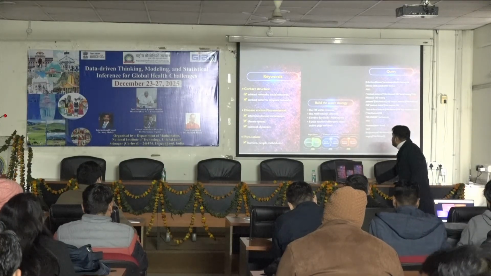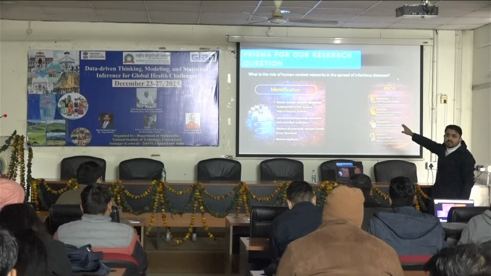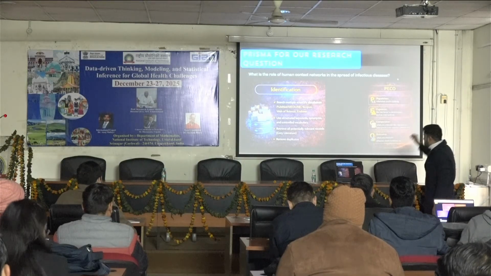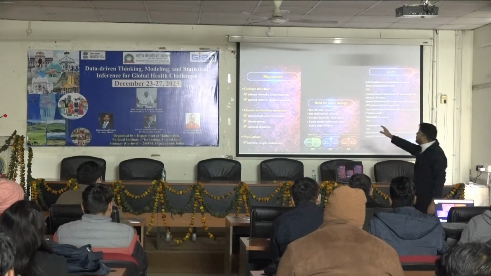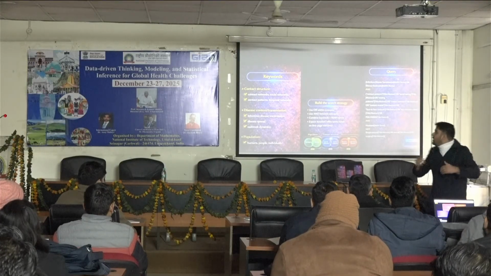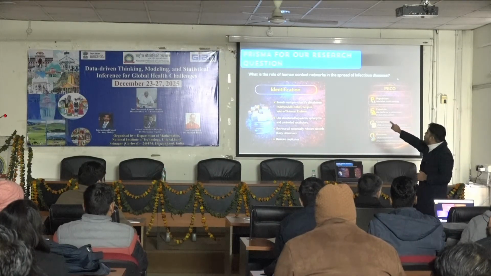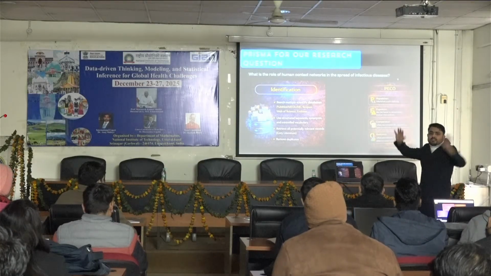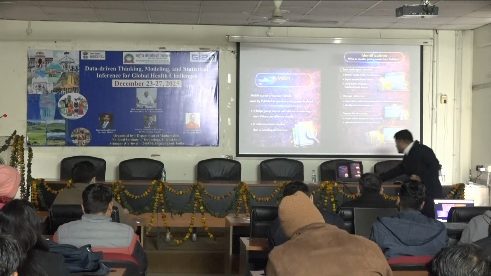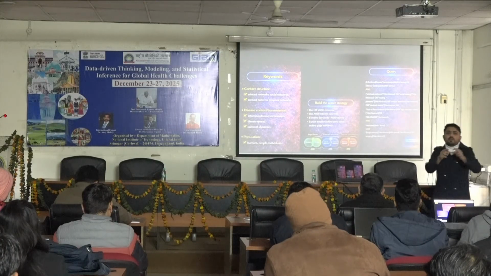So starting with contact structure. If you remember, our question was about human contact networks, right? So what can be a keyword in contact structures? For example, contact networks. That's a keyword. When you want to know the contact structure, like I showed you in the initial slides, this is what we are trying to find here: what is the role of human contact networks in the spread of infectious disease in a general sense? Similar keywords to contact networks can be social networks, contact patterns, temporal networks. These are things you can use as keywords.